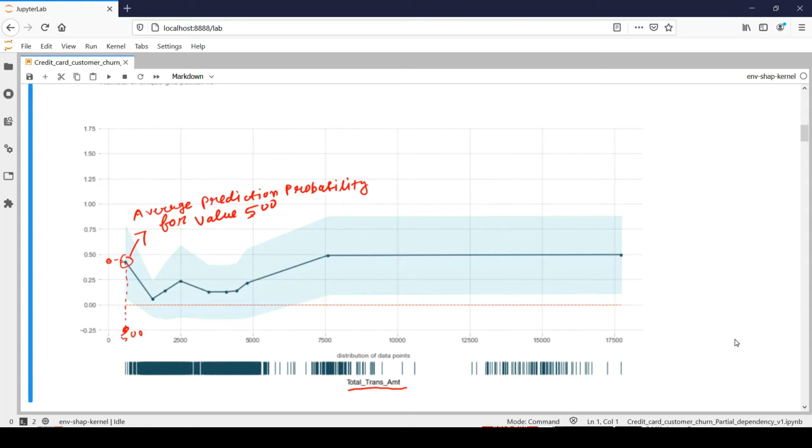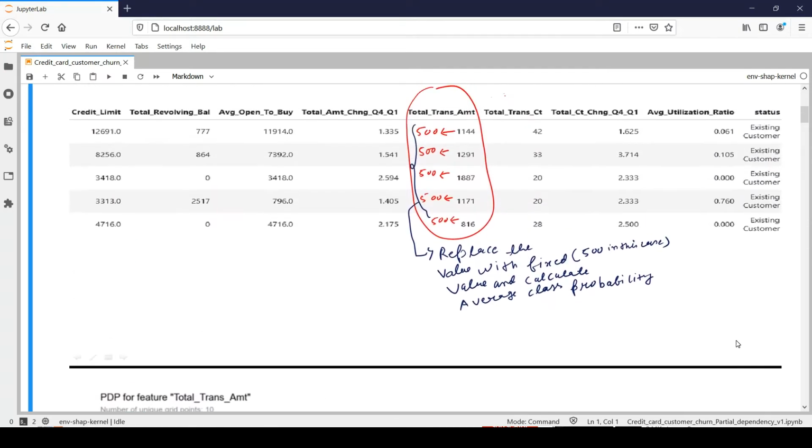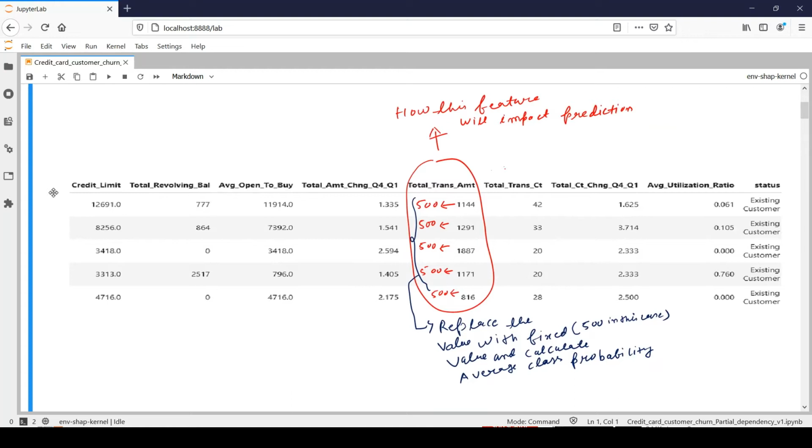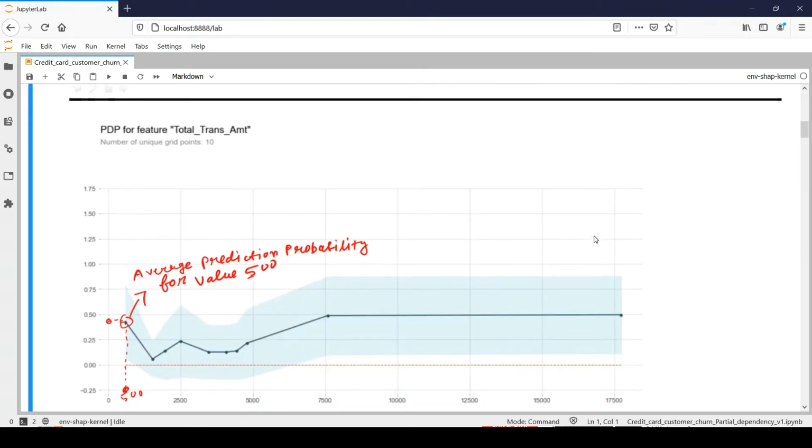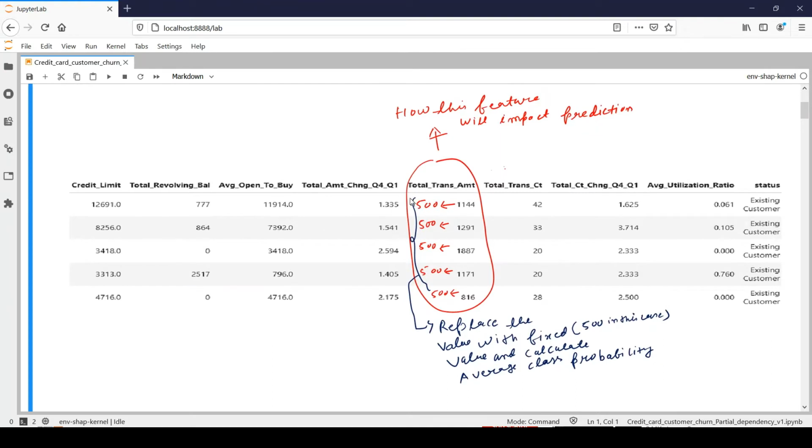But now the question comes how internally it works, right? So we'll briefly cover how it internally works. Considering that we have 5 rows in my data set, and I would like to draw a pattern around how my prediction score will change based on different values of total transaction amount. Here we need to take this field and replace all the values with a constant value, right?